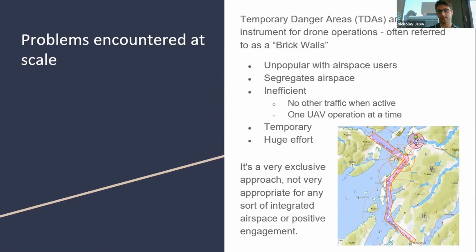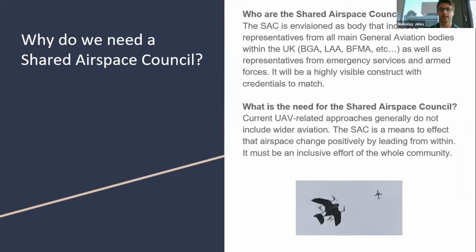The real problem is that in the UK, beyond visual line of sight operations are currently being almost exclusively done in temporary danger areas. And as a glider pilot and a GA aviation user, temporary danger areas are not scalable. They're hugely unpopular. And while they're a fantastic mechanism for testing UAVs and testing these technologies, they're not really a long-term solution. And so we wanted to create a body, that we've called the Shared Airspace Council, and that's really